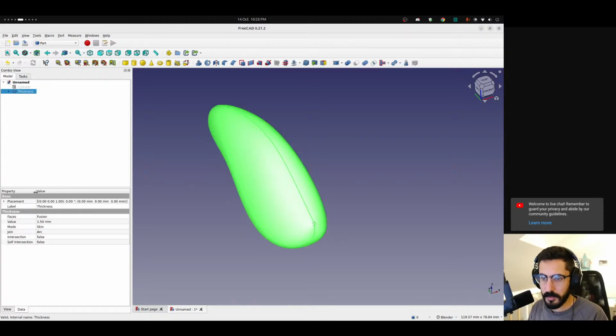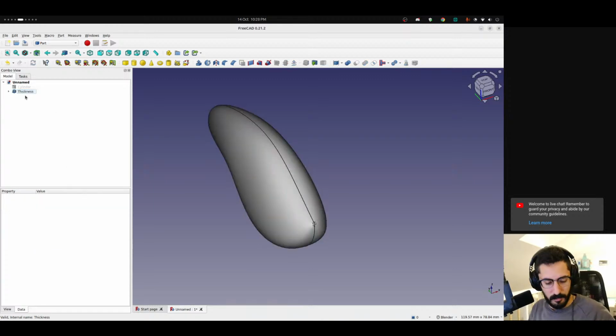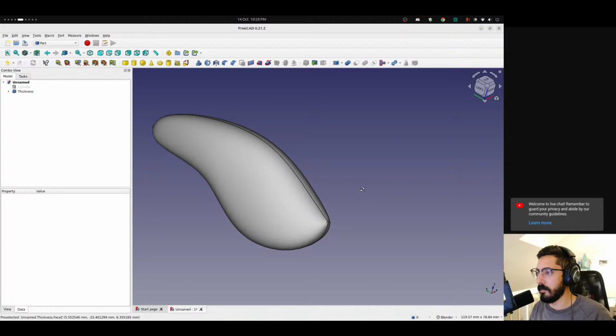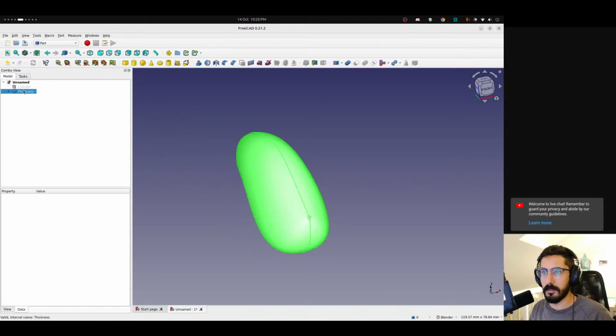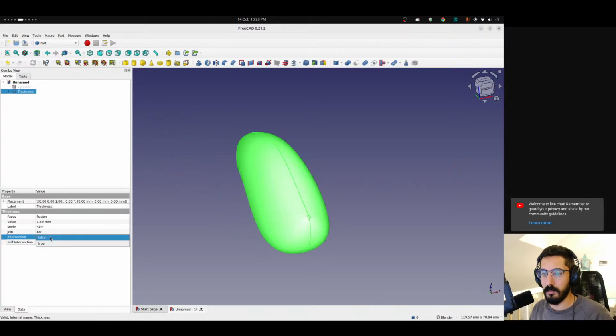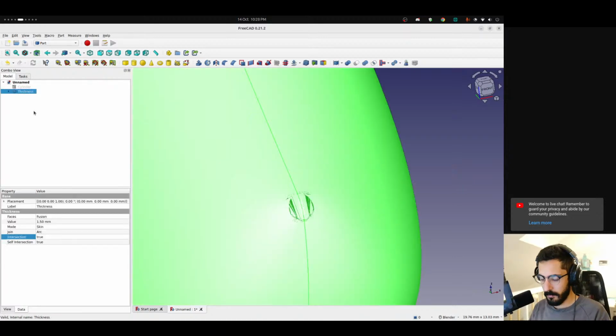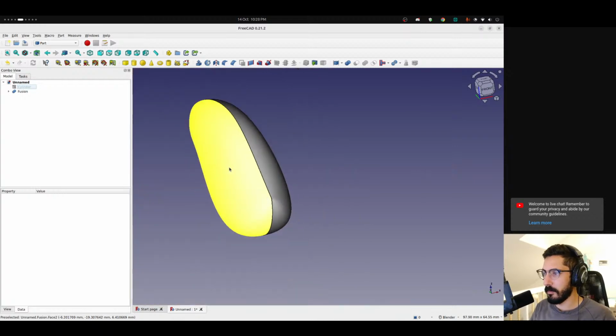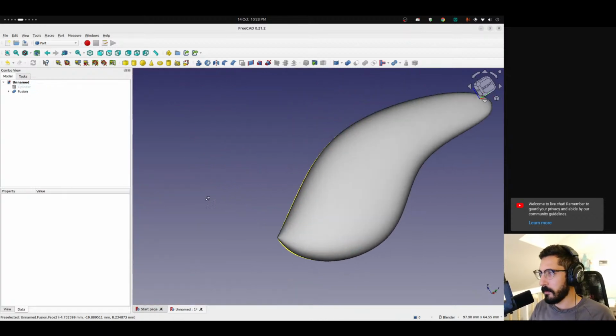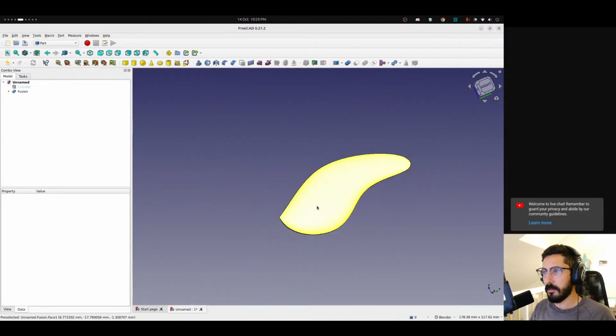Self intersection, probably that's it. So we need to reload this. And intersection, I don't know what this does. But no. Delete the thickness. Okay, now back to our main issue,